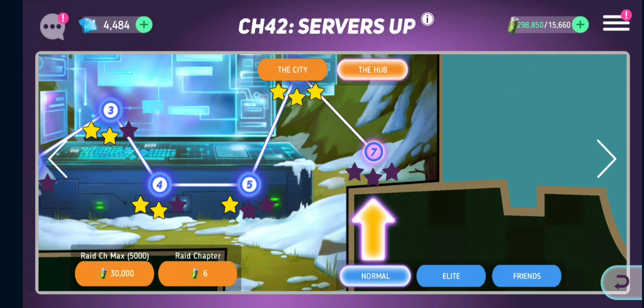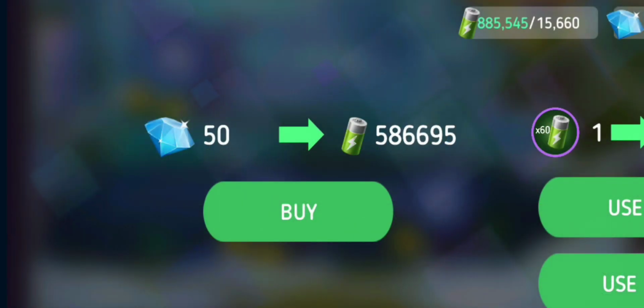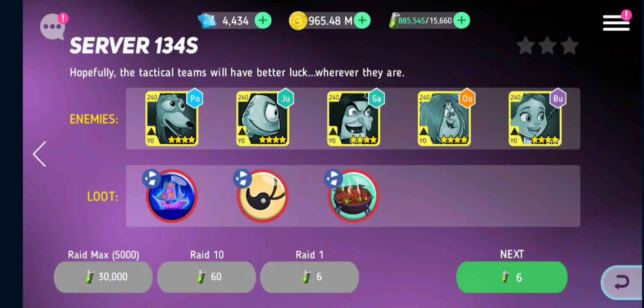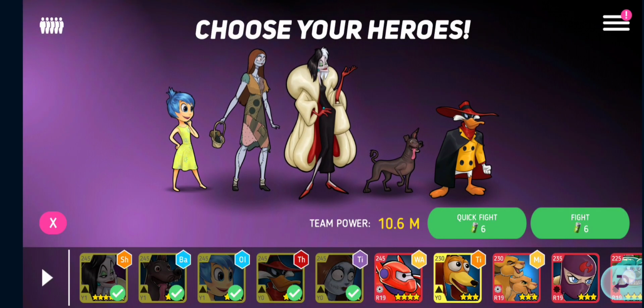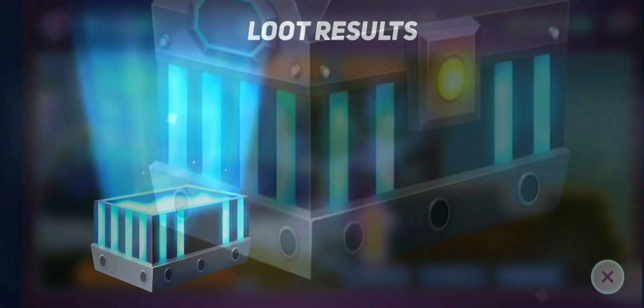The first tip is to use your crystals only for stamina refills. As you can see over here, 50 crystals gets me about 587,000 stamina, and 6 stamina is required for a single story stage attempt. This gives us about 100,000 entries for loot, EXP and power-ups per stamina refill, which will solely boost your power level quickly. You can also press this red chapter max button to burn through your stamina extremely quickly to load